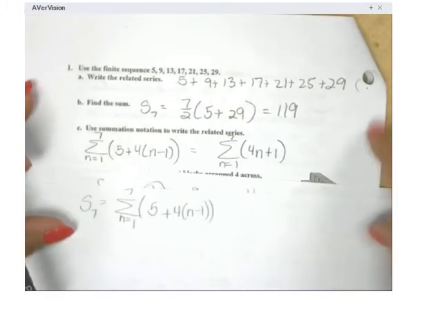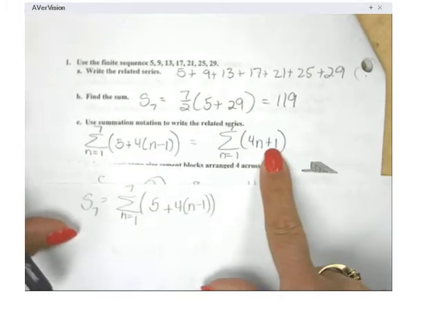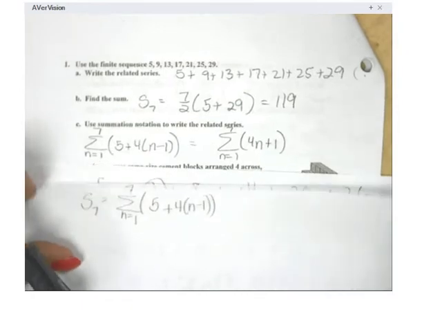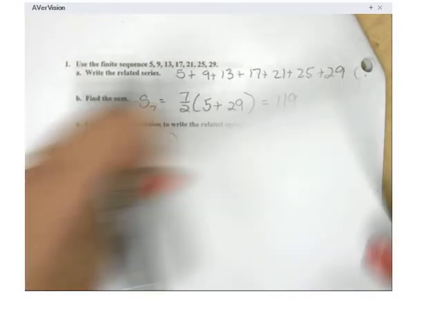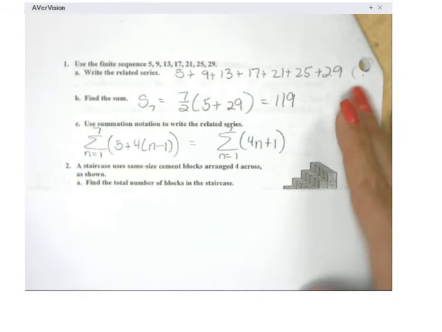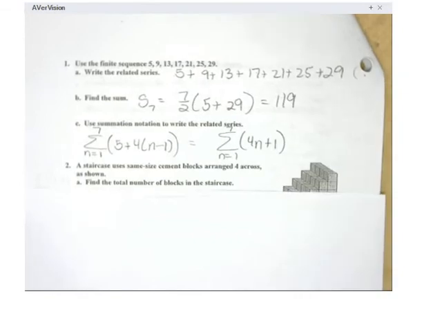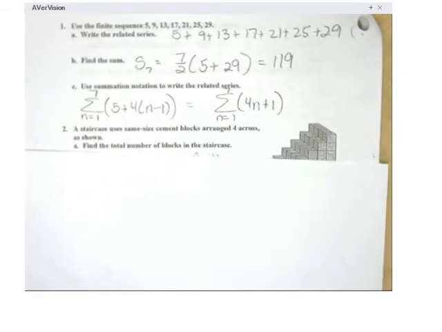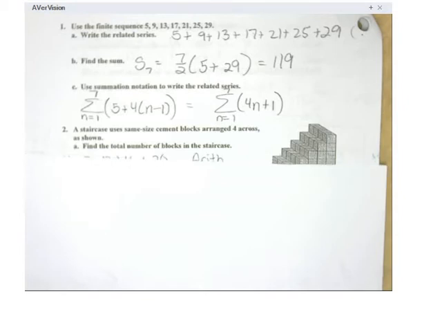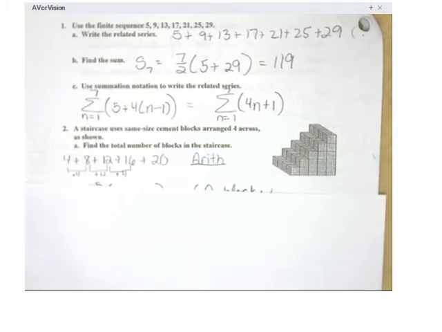We could also simplify this rule, which I did right here. So not too hard. Now, here are a couple of examples of looking at just a geometric example where we're having a series. A staircase uses same size cement blocks arranged 4 across as shown. Find the total number of blocks in the staircase, and notice that if I look at the pattern,